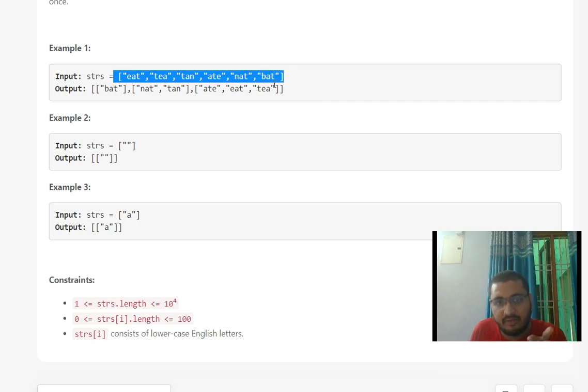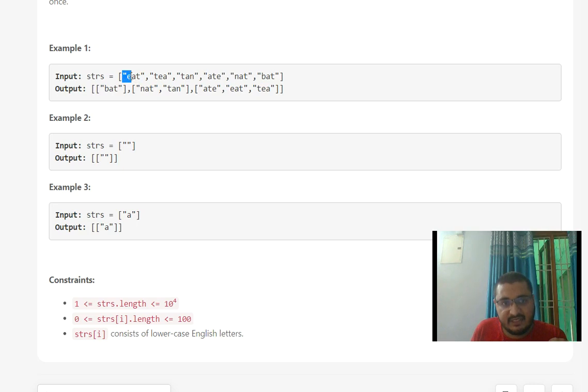Okay, so what we are doing is just going through the array, and we will sort each string and add it to the map.